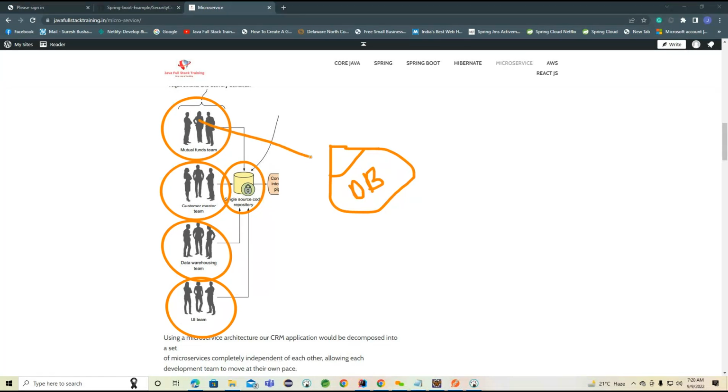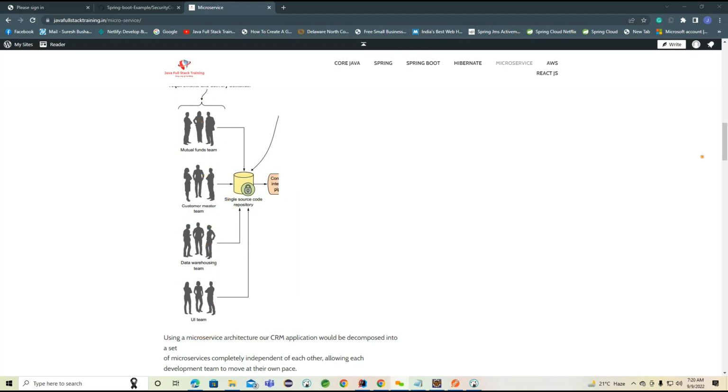Now you can see how many requests we are going to hit into this single database here. So this is the earlier monolithic style we are trying to use. But if we observe carefully, if we come back to here in our